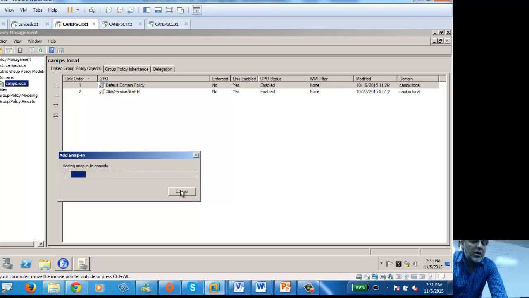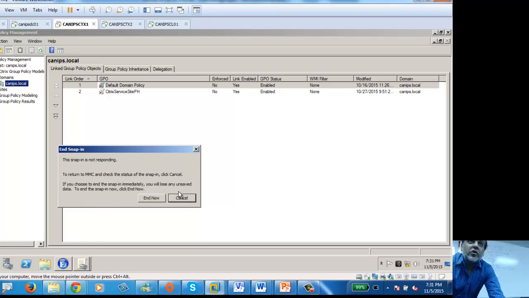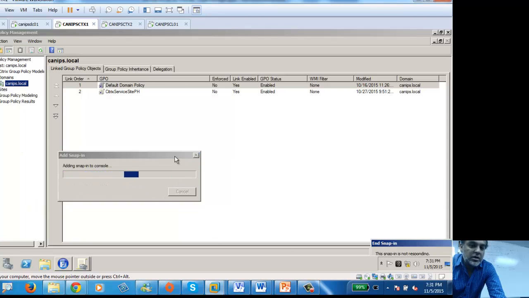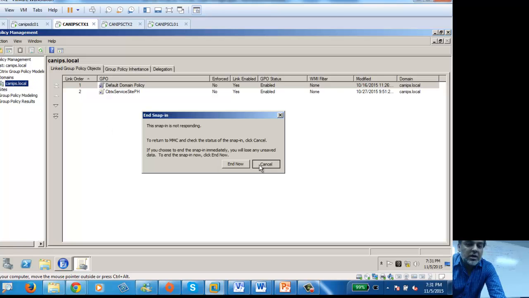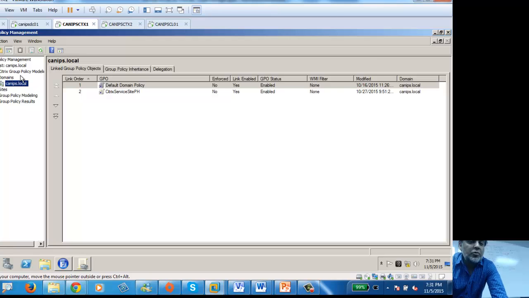Okay, here. Now in this, first of all, on a Citrix server in GPM, you would see this extra thing here, which is called Citrix Modeling Wizard. It won't work at the moment because we don't have policies here. Let's go down to scanf.local. Now within scanf.local,